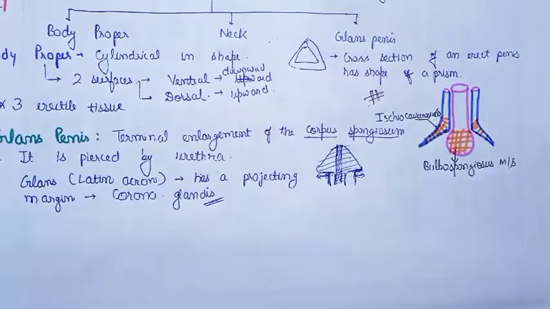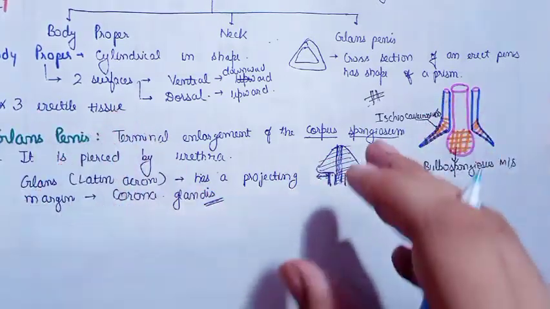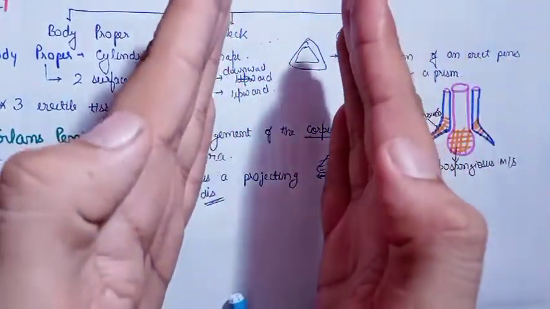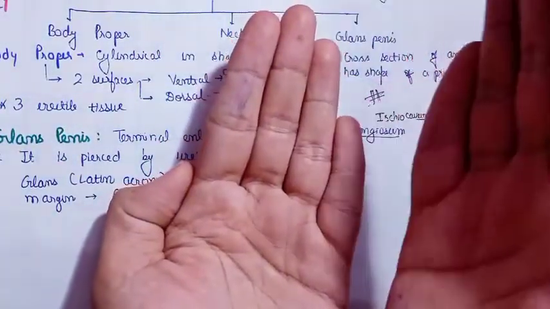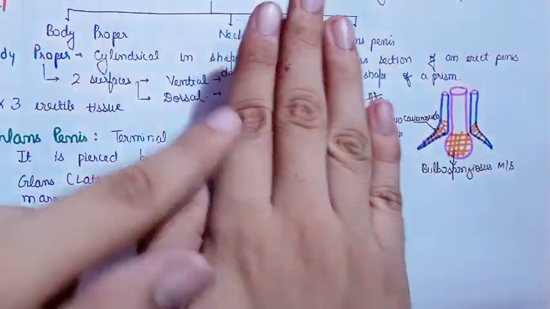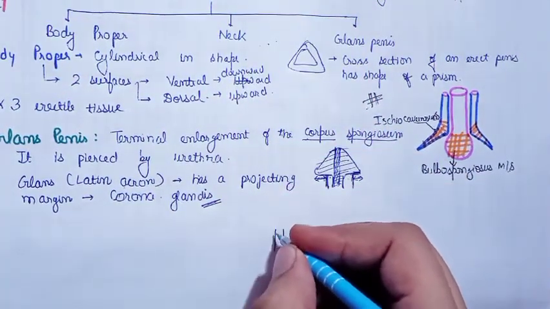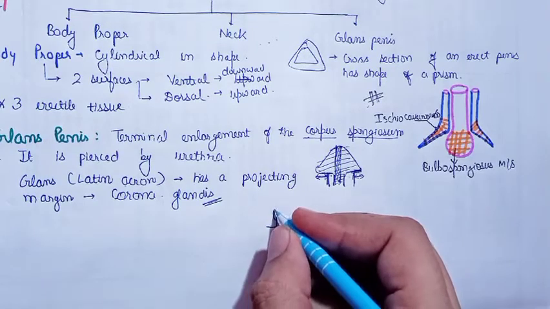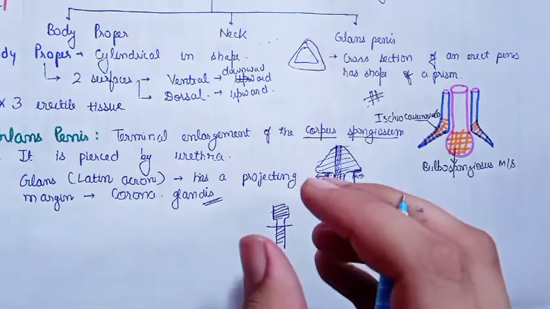Moreover, the urethra also shows a peculiar feature in the part of the glans penis. The urethra shows a particular dilatation. Suppose this is the urethra, and because it is a tube, the whole round is a tube. This is the roof and this is the floor. If you talk about the roof of the urethra, it shows certain dilatation. So suppose this is the roof of the urethra extending, and when it reaches the portion of the glans penis, it shows certain dilatation in the roof. This dilated portion is called the navicular fossa.